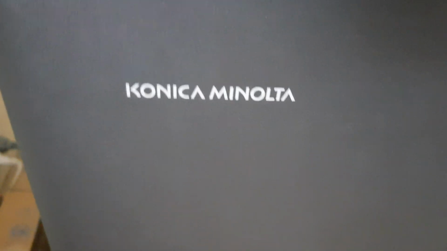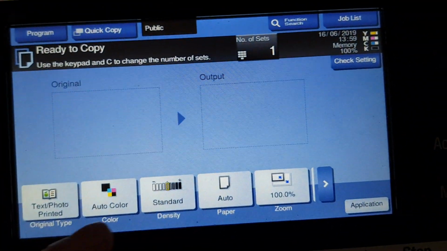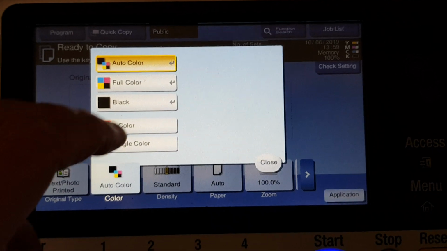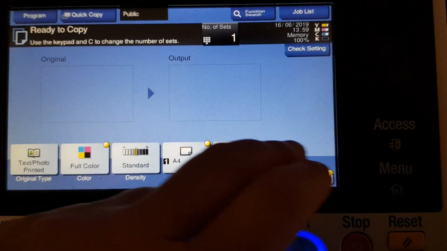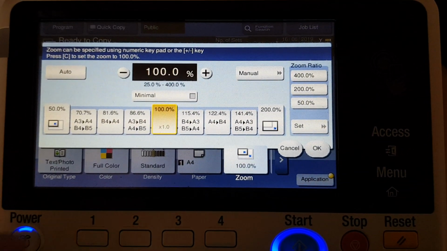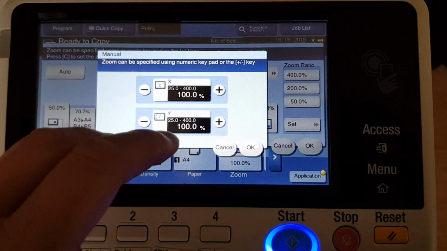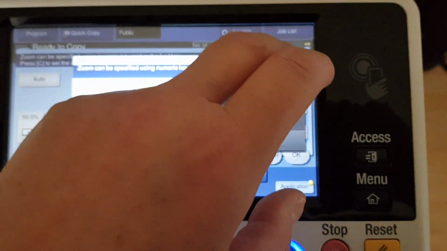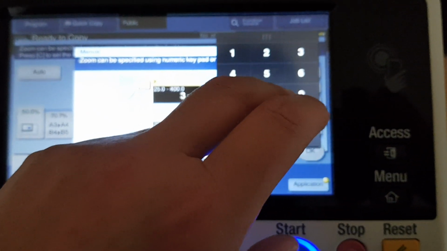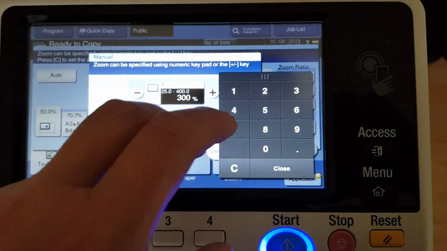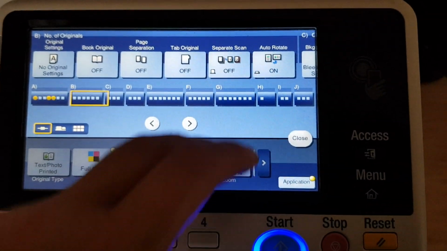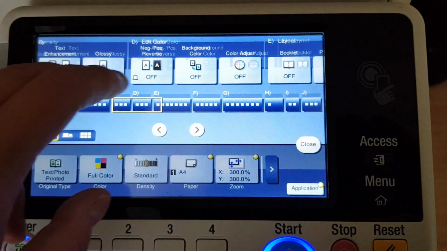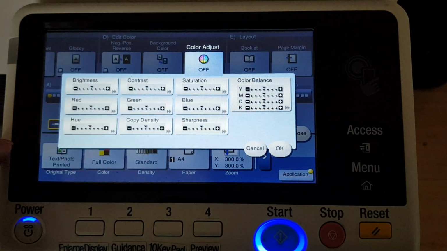Okay, this will be an interesting one. Gonna make it large. Gonna make it 300 by, gonna start 300 by 300. So